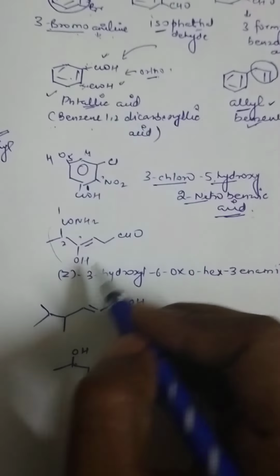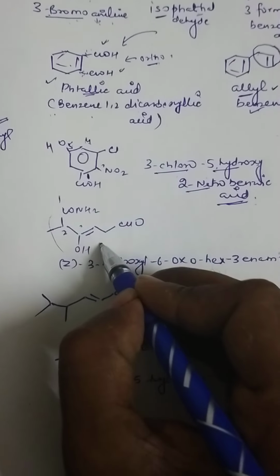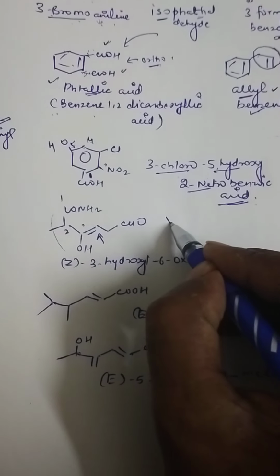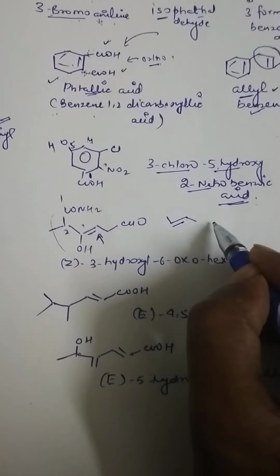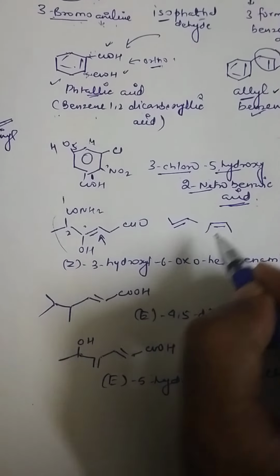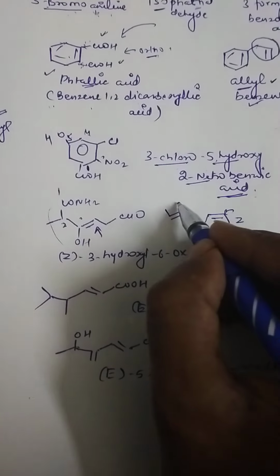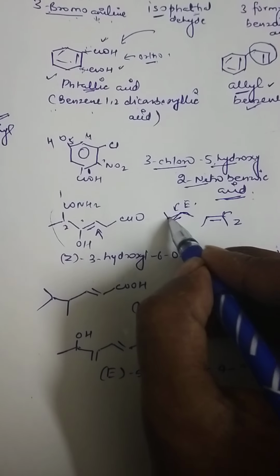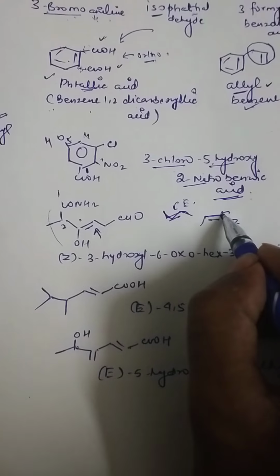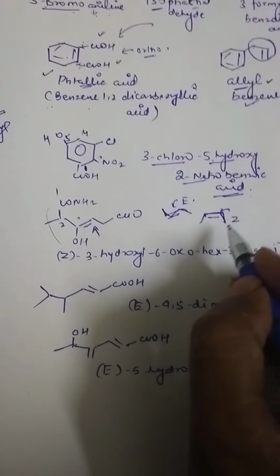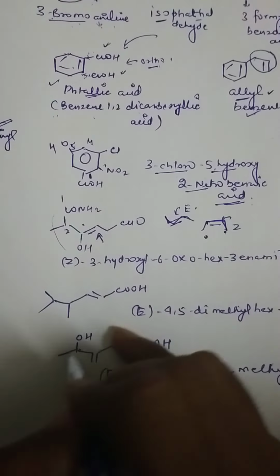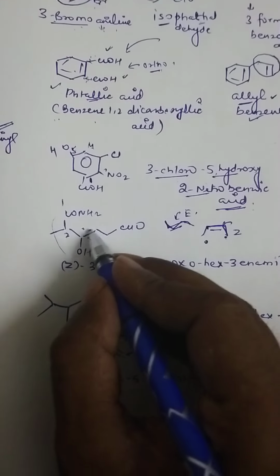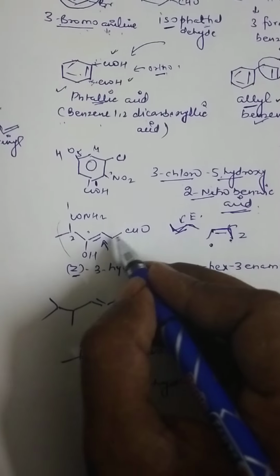Similarly, if you see this molecule, this alkene moiety is called Z. Actually, two orientations are present in the molecule, either this one or this one, so it is called Z and it is called E. E means it will look like that, and Z will look like that. In Z, the bonds will be in the same position, and in E the bonds will be present in opposite positions. So it is Z, so we will add Z here.